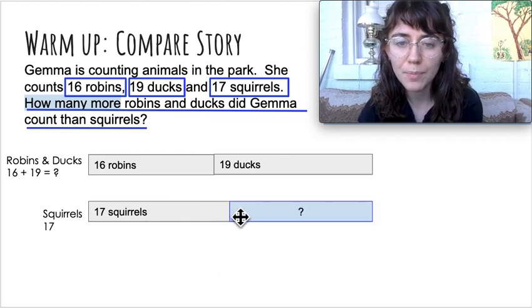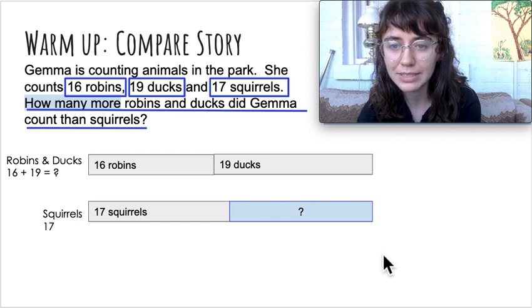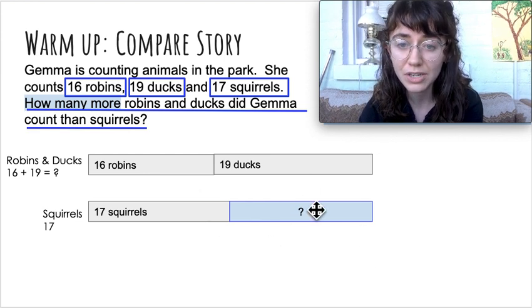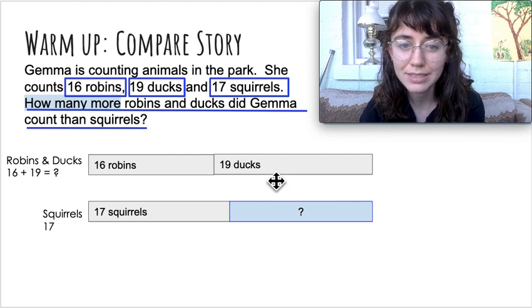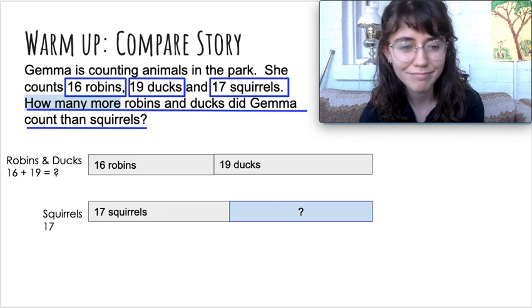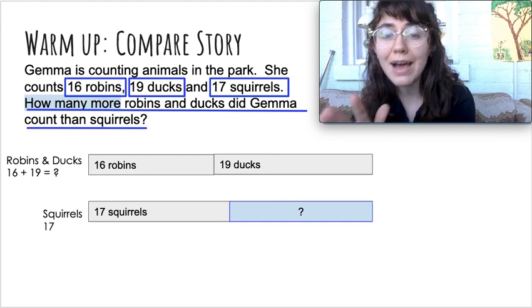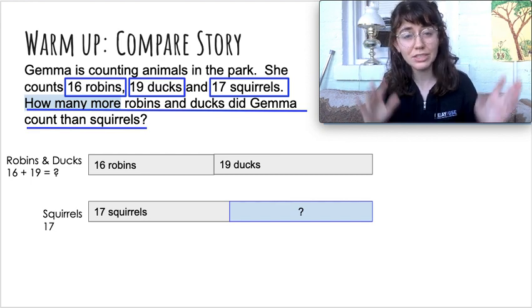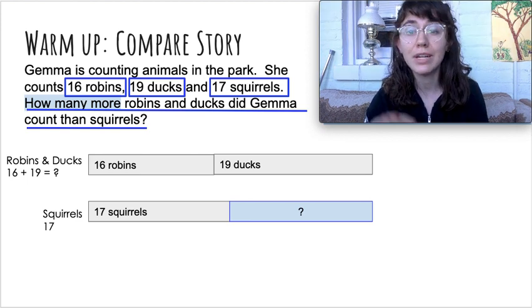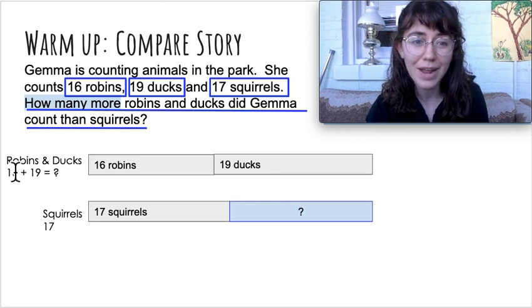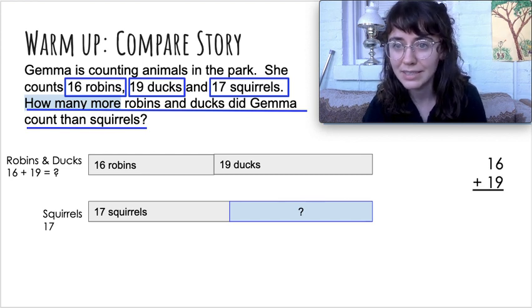Then I drew another box to fill it up all the way so that these line up just right, because we are wanting to know how many more are in this group of robins and ducks than are in this group of squirrels. So now that I've done my drawing, and it's just a quick sketch just so that I can visualize how many we have, I'm going to do my addition to find out how many are in this robins and ducks group. So that's 16 plus 19,